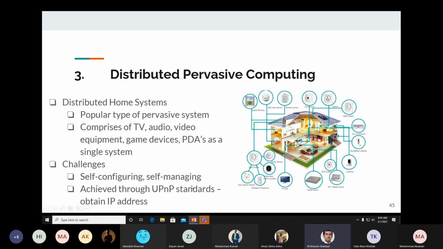सेल्फ कॉन्फ़िगरेशन, सेल्फ मैनेजिंग, एंड archiving is also important through the UPnP standards obtain IP addresses, okay। IP एड्रेस जो है कोई डिवाइस हो उसको ऑटोमेटिकली एलोकेट हो जाता है, ठीक है, राइट। तो उसमें प्रोटोकॉल होता है कि जी अच्छा आप सेल्फ कॉन्फ़िगर करना चाहते हैं या ऑटोमेटिकली असाइन करना चाहते हैं, ठीक है। इसको कहते हैं डायनेमिक होस्ट कंट्रोल प्रोटोकॉल, जिसके तहत आपको आईएसपी वो आईपी एड्रेस दे देता है, ठीक है।